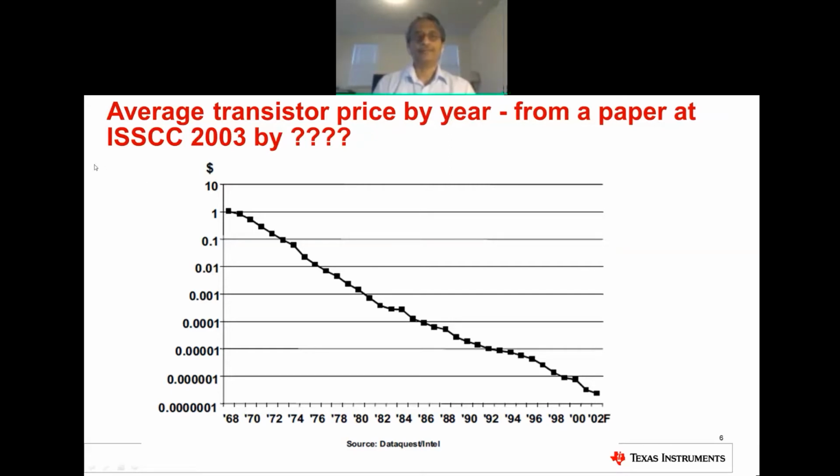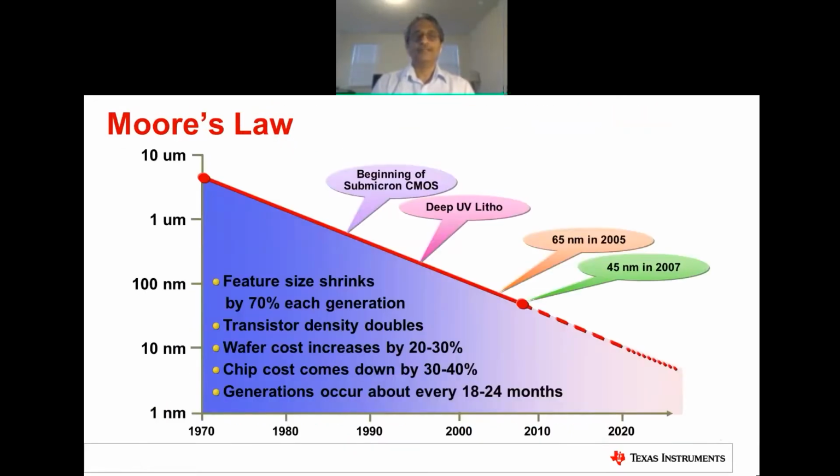This was from a paper presented at ISSCC. This is one of the most premier conferences for semiconductor solid-state circuits. And what it is showing, the y-axis is a log scale, is how an average transistor, which is a building block of other electronic circuits, has really been decreasing exponentially and continuously. This paper was presented in 2003 by none other than Gordon Moore, and that's